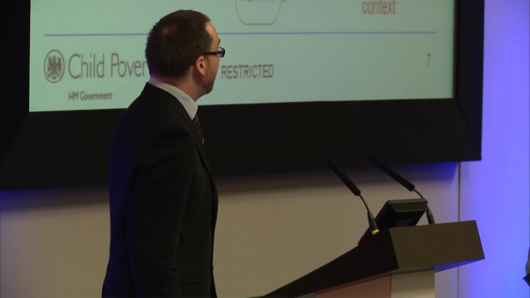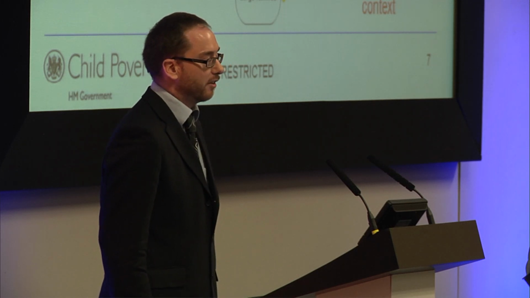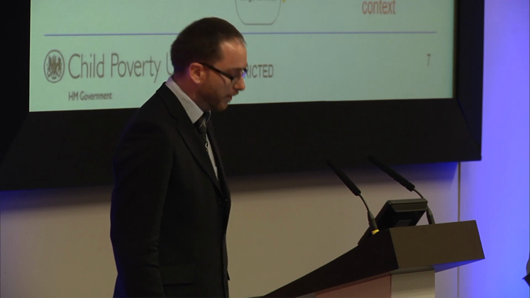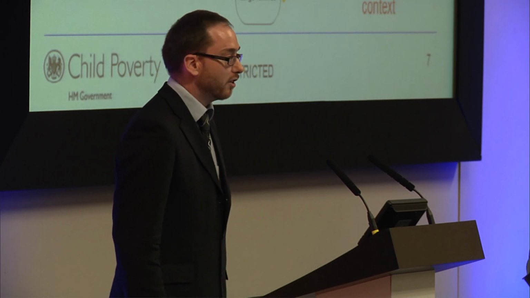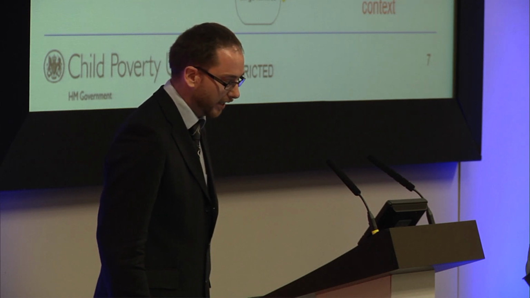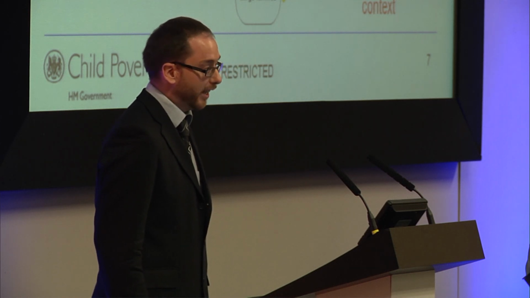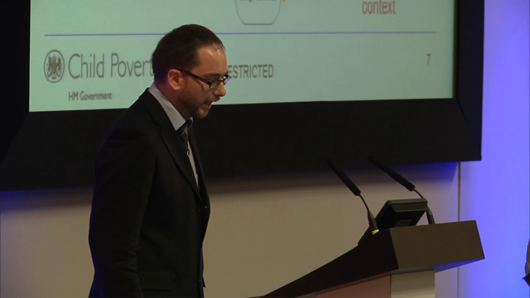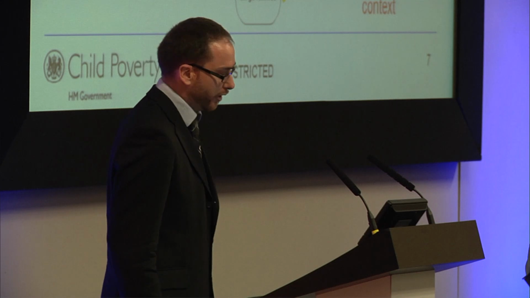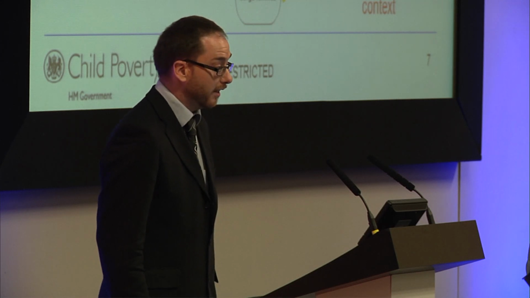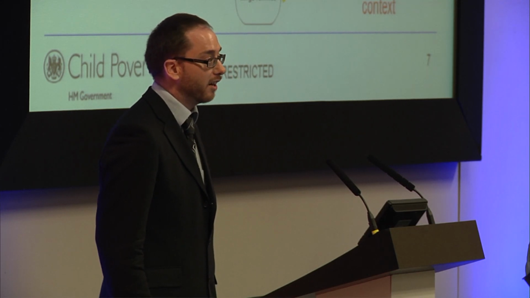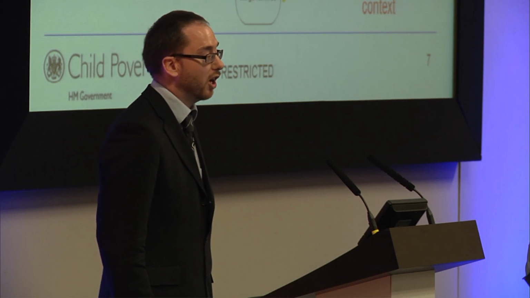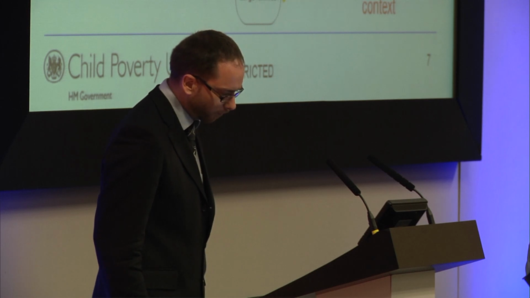I must emphasise that these are risks rather than destinies, so not all people with low parental qualifications have their children in poverty, not all people with addiction problems have their children in poverty, but the risks are higher when these characteristics are present. And what we think is they mainly act through worklessness and low earnings. And this is seen in all of the Child Poverty Act targets, where the rates of poverty for those who are workless are much higher than those that are in work.